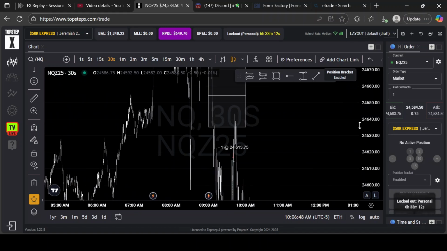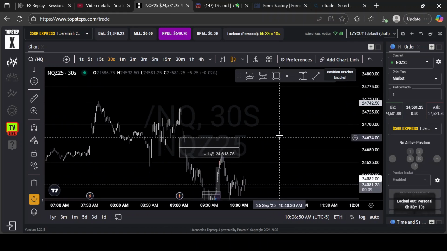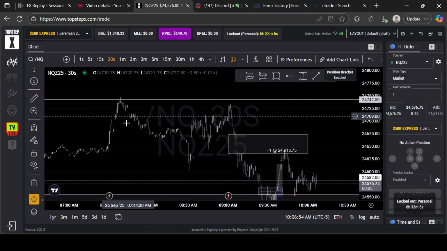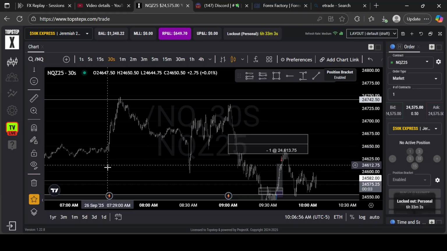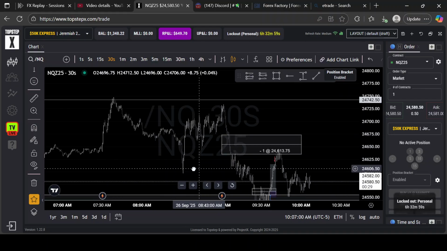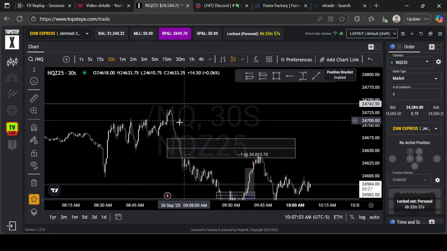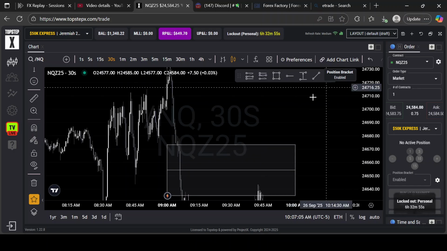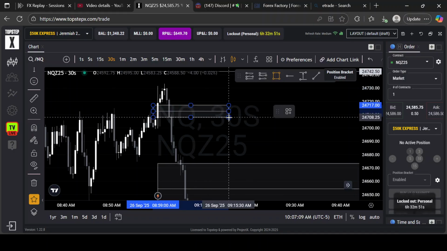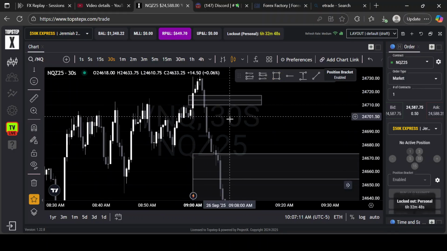And then this happened during New York. So right here, we had the news drop at 7:30. I was looking for shorts. I wanted to enter short here after this. Let me show you guys. There's this 30-second inverse that tapped.